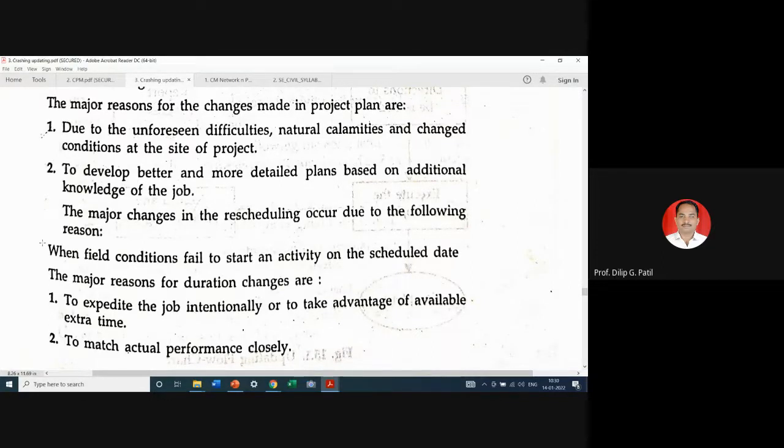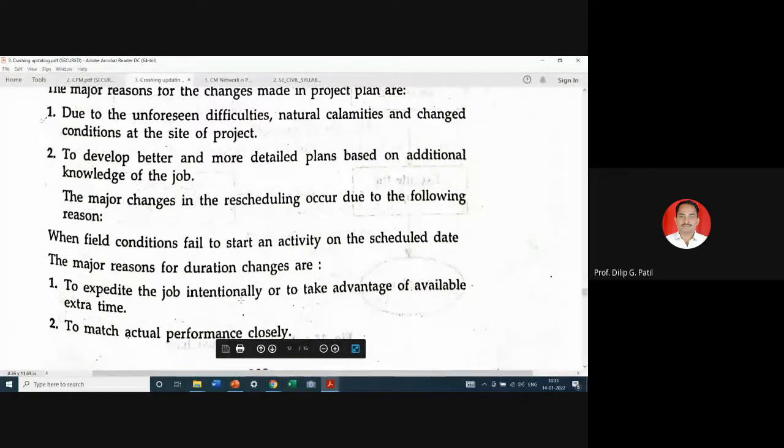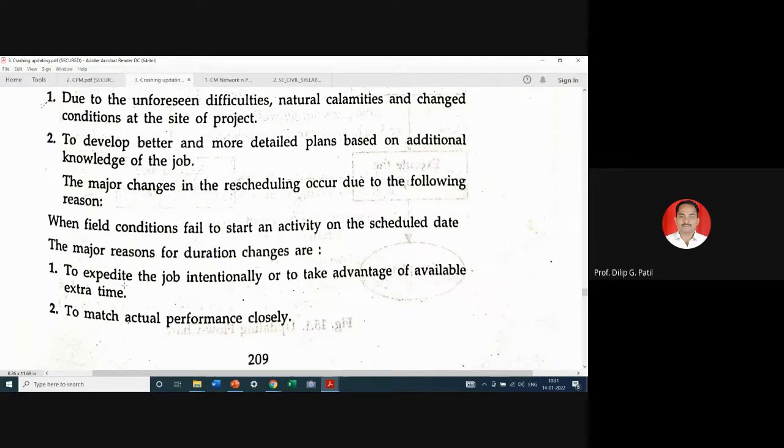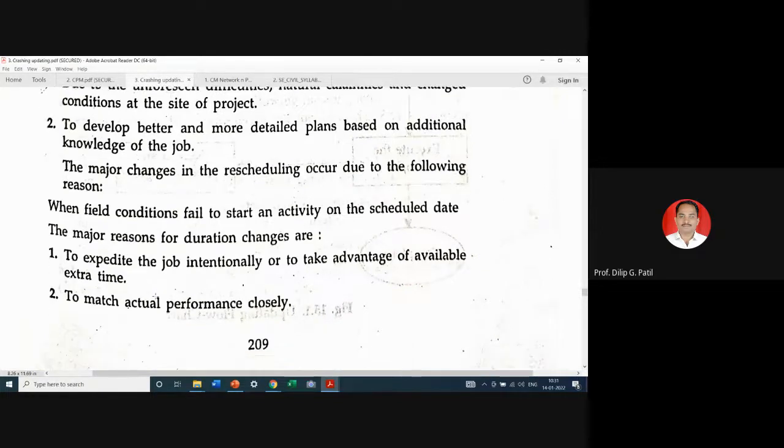एक सब्जेक्ट प्रिपेअर करायला आपण सपोज 2 दिवस दिले असतील आणि कधी कधी तुम्हाला 3 दिवस लागतात, and accordingly the other subject time will get reduced, or accordingly you need to plan differently. You need to increase the time available for study, and accordingly you have to manage. So whatever you do in our day-to-day life also, that is also nothing but updating of the project network, because we do different tasks in our day-to-day life, and on the same line we do updating also. So to expedite the job intentionally, or to take advantage of available extra time, म्हणजे याच्यामध्ये आपल्याला